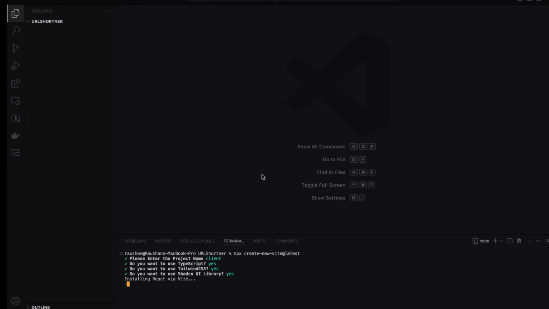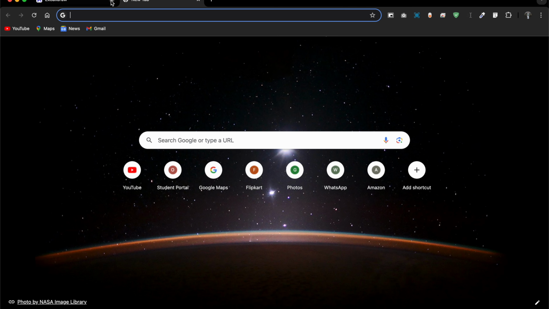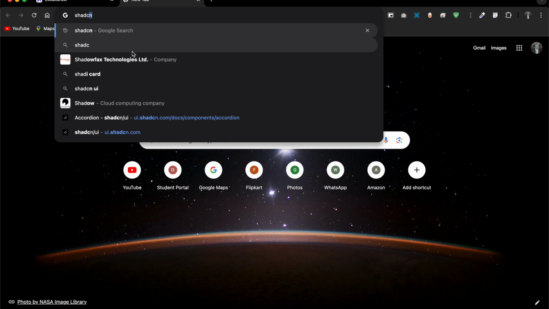First, create the UI of this. For the UI, npx create vite at latest. Project name is going to be client, using TypeScript, Tailwind CSS, and the shadcn UI library. Let it install. Till then, go to the shadcn